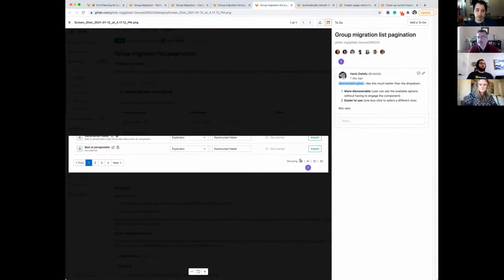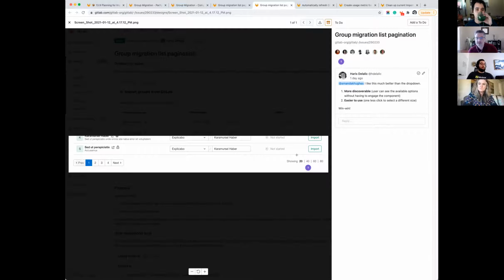For us, it's almost going to be a must, because having just 20 per page means we still are not going to be able to do large or bulk imports at the same time, because it's still going to be 20 groups per